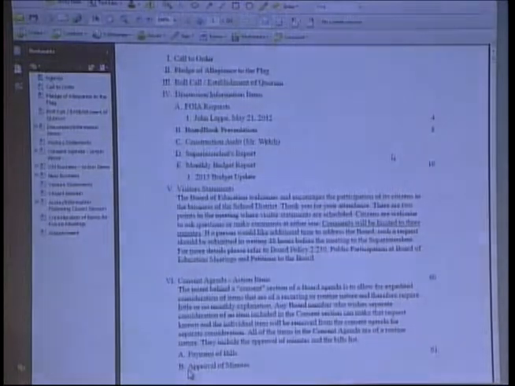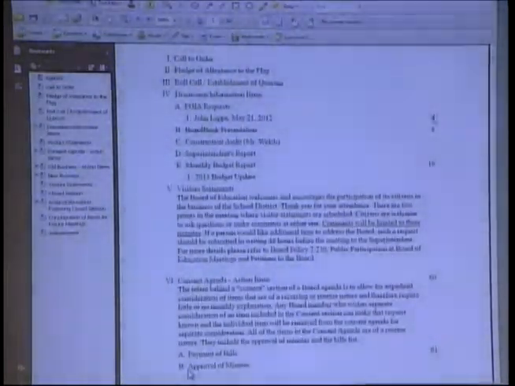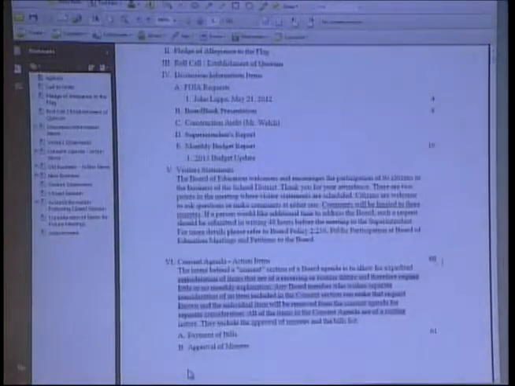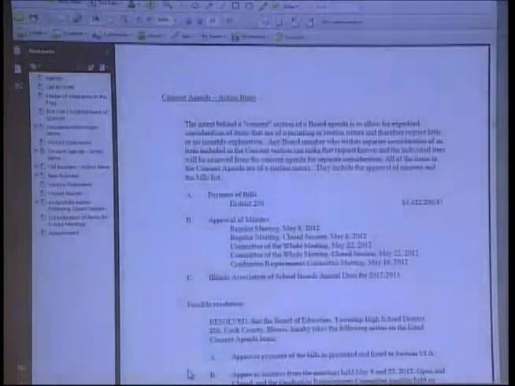Navigating your packet is really easy with these bookmarks or page number references. I like using the page number references with this top bookmark over here, the agenda. You can simply identify a page number reference and type it in on your toolbar and click enter on your keyboard and it takes you there. We're numbering the pages at the bottom. I think you may be looking at a printed version of this, so if you do have to print the entire packet, it's just one print action. You're printing the entire thing. It's collated and we're numbering the pages.